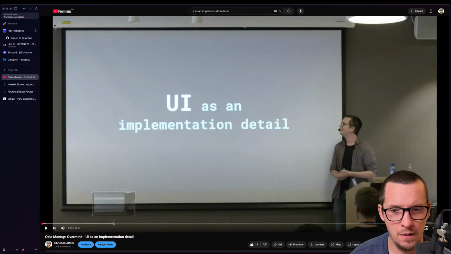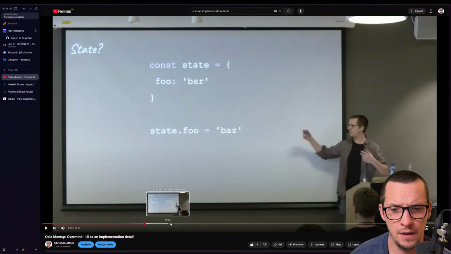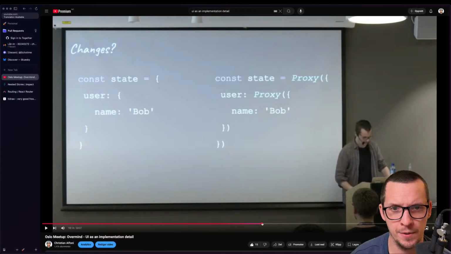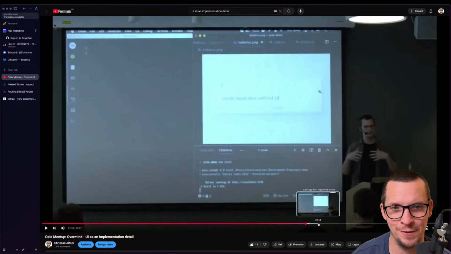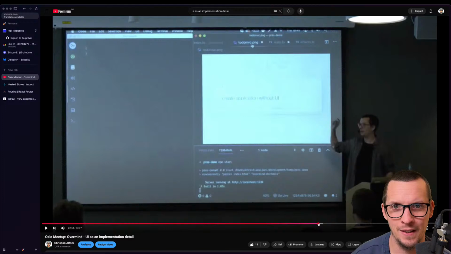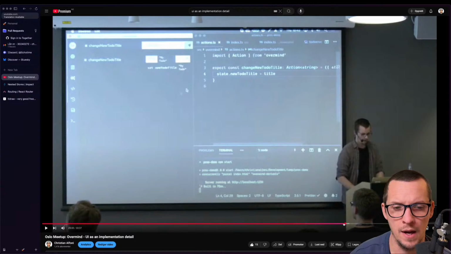But here I show using Overmind how we actually build up an application not having any UI, just using the dev tools. It's kind of cool. It's really cool. Where were we?